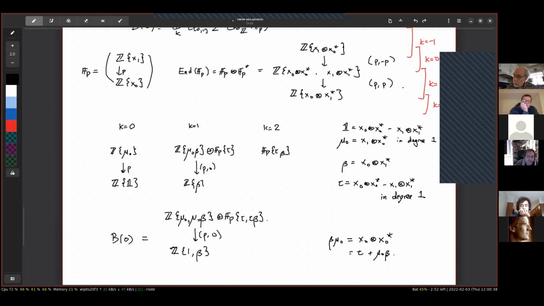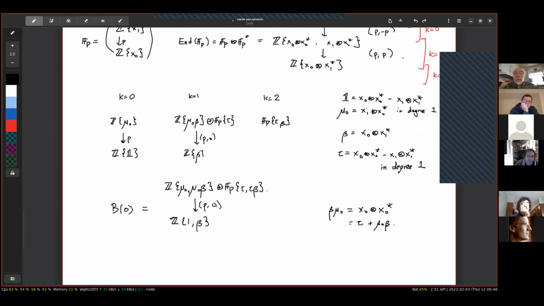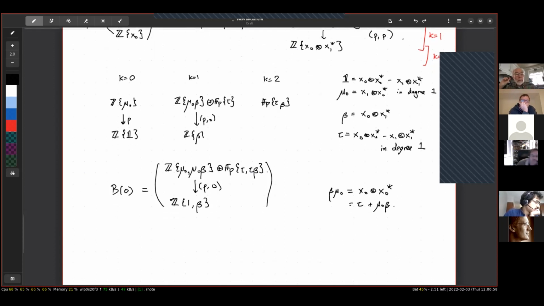So there's a non-trivial relation upstairs that crosses over between the z bit, the mu naught bit and the tau bit. So this is a rather important relationship. It means that we can't just kill off the left-hand side. What we can do is that, because p times tau is 0, we can kill off p times the left-hand side, and we get something that looks like